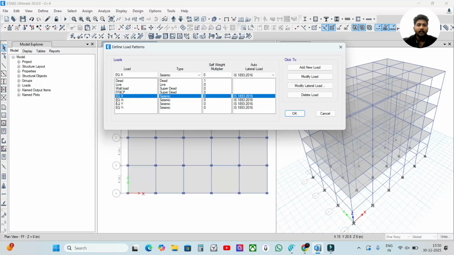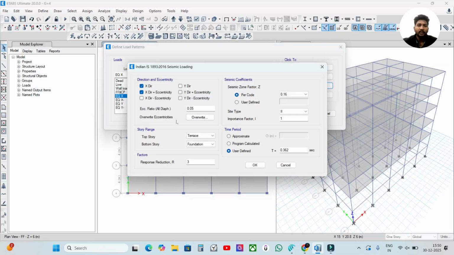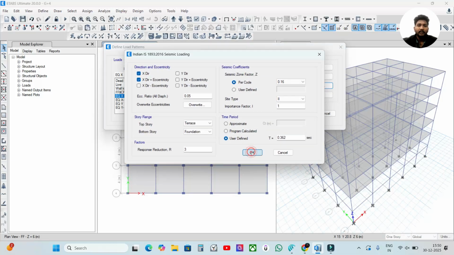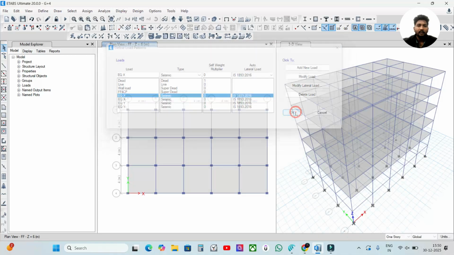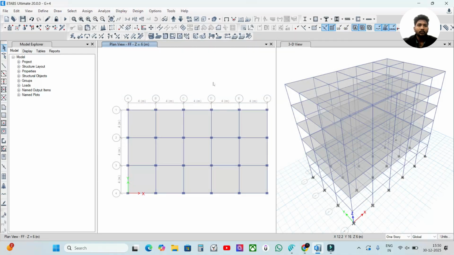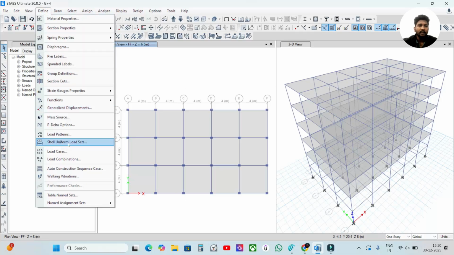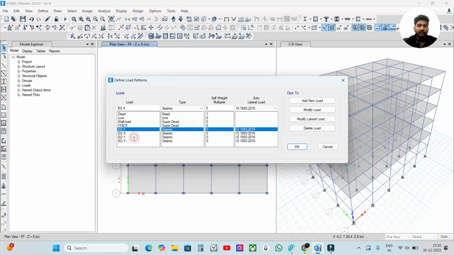But as for the earthquake load, when we define it as per this code, IS 1893 2016, and just choose here, these are taken by the software itself. These are assigned by the software itself. We don't need to go and assign all of this once again. When you define this perfectly like this, as I have told you how to define it, then all of this will be defined and assigned on its own by the software. We don't need to go once again and define all these things. So we'll now move further,